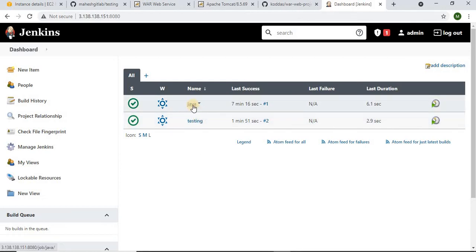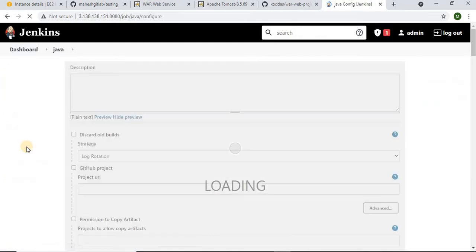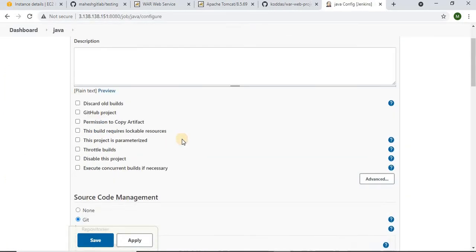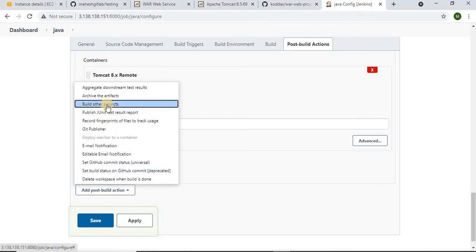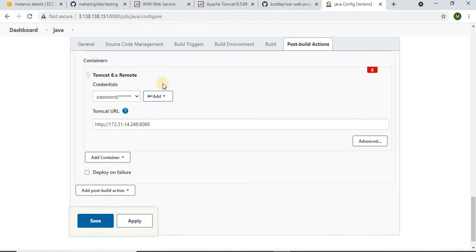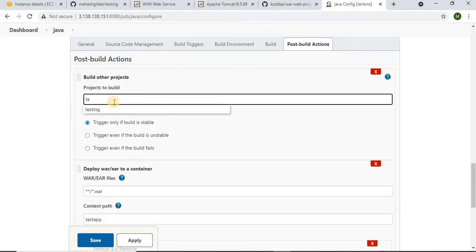For that, I am going to the Java job and clicking on configure. Go to post-build actions, build other project. Scroll up. What is the other project? Testing.